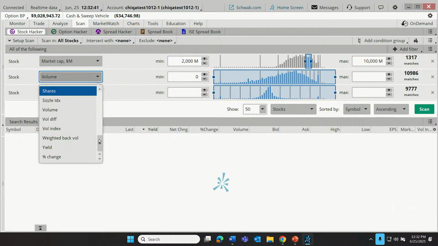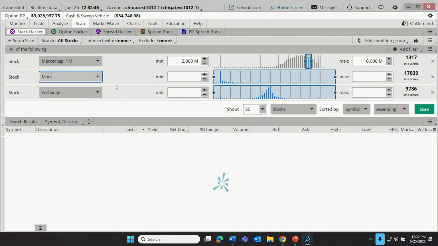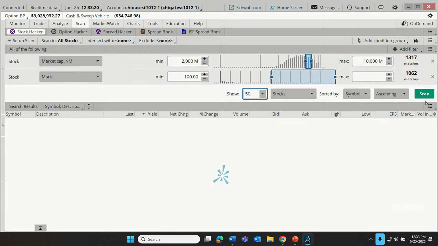And maybe they're also interested in current price. Let's set our market price minimum at $100 a share. Maybe they don't like the low price stocks. This is not me saying again that there is a right or a wrong way to do trading. This is just a demonstration of how these tools might be implemented depending on how the trader has decided for themselves to approach the markets. Anyway, we're going to look for $100 stocks from those $2 to $10 billion companies. And maybe we don't even need this third stock criteria. Well, if I don't need it, I can just delete it. Click on the little X and it's gone.